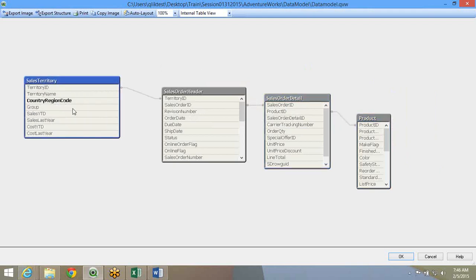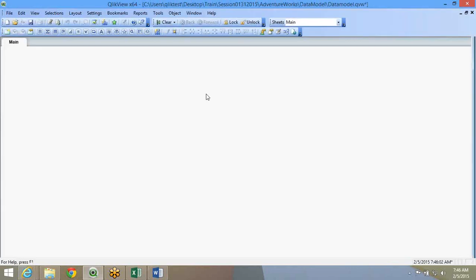I have the territory name, region code, region. Over here I have the product ID, product. So like this, I'll have to resolve these issues, resolve loops and synthetic keys. The best or the actual QlikView data model is where there is no synthetic key, there should be no loops, absolutely.